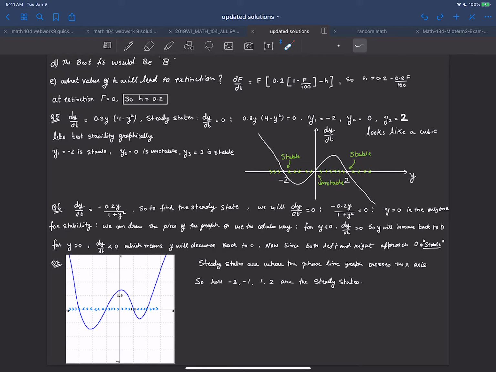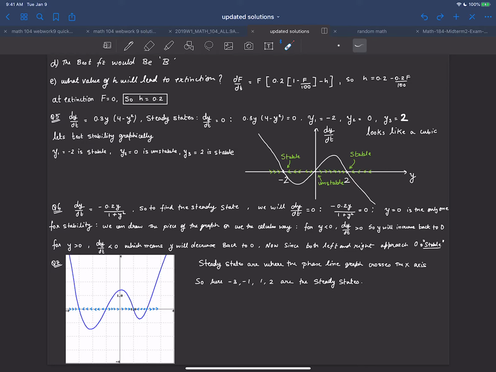Alright guys, let's talk about question 5 now. In this case, they've also given us a dy/dt equation, which represents the differential equation for y. y is the quantity that changes with time. And now they want you to find the stability, or actually the steady states of this differential equation